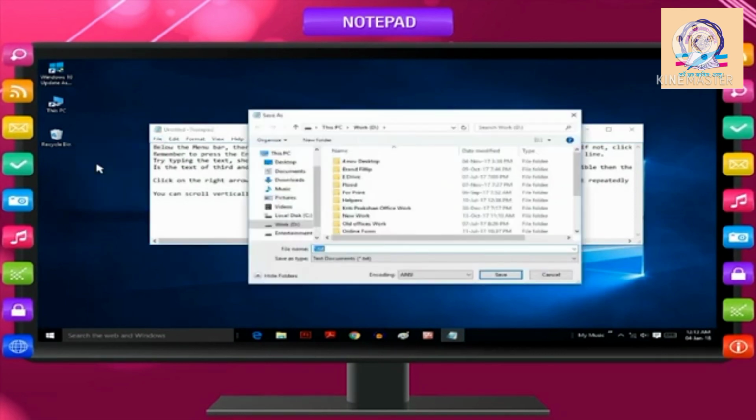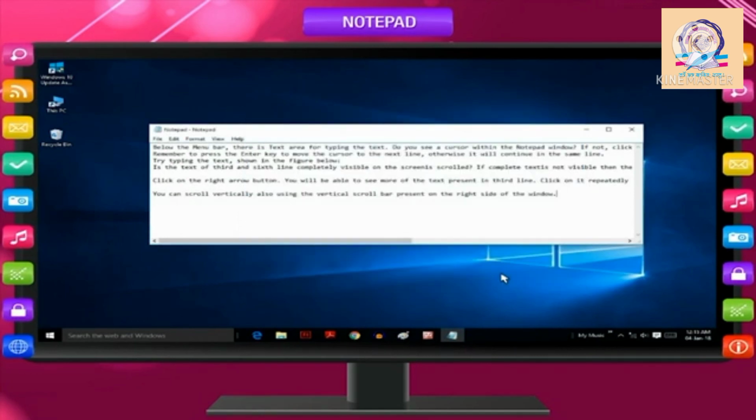A dialog box appears asking for the file name. In File Name list box, type the name that you want to give to your file. Click the Save button. Observe that your file name appears on the title bar. Your file is saved permanently.